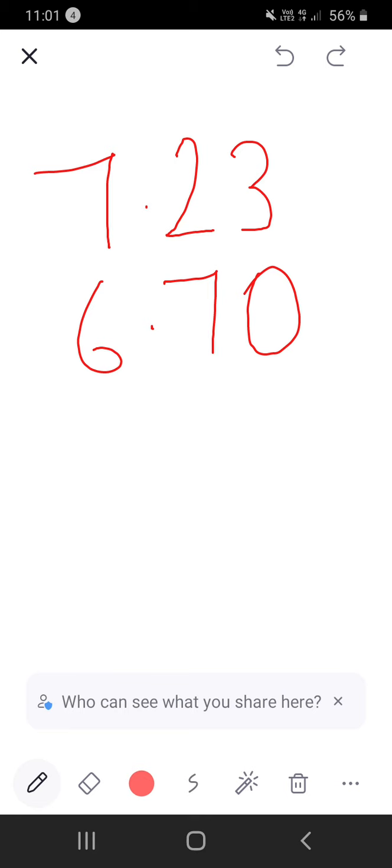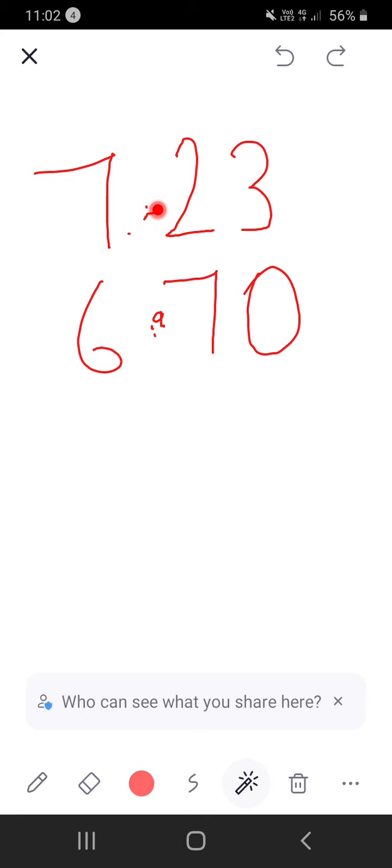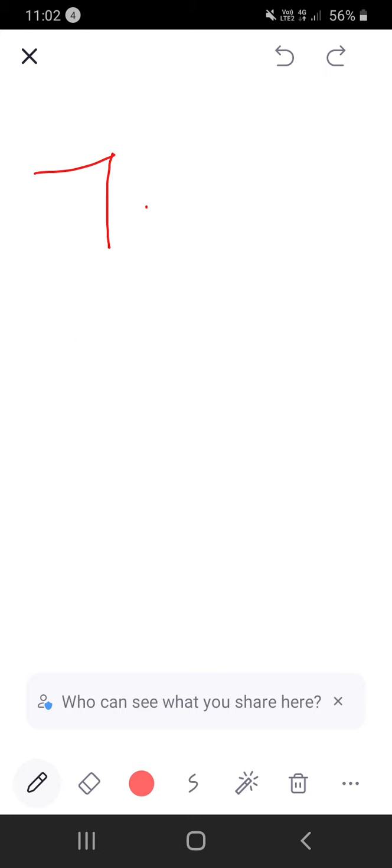Okay. Children, how to do the addition and subtraction of decimal numbers? Children, you have to do it in a similar way. The decimals should be just below each other. And then you have to draw a line and simply add or subtract. Let us see some more examples of addition and subtraction.